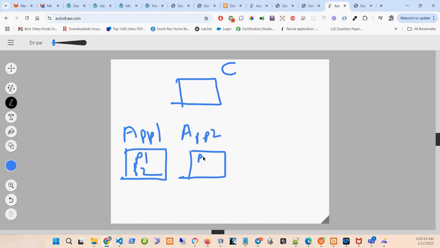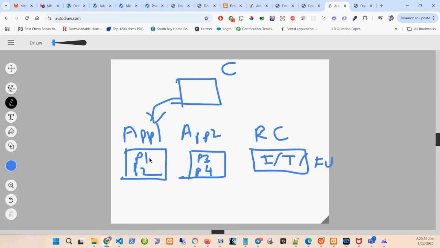It has another navigation, page 3, page 4. Then we have React components. It will have no different pages. It will have only the form component, for example, input box, text area, file upload, and many other components are there. So what I can do, I can call component from container, I can call this whole application 1, then